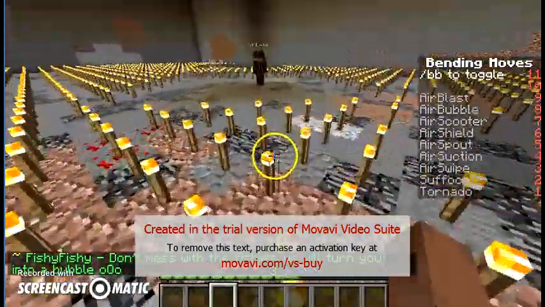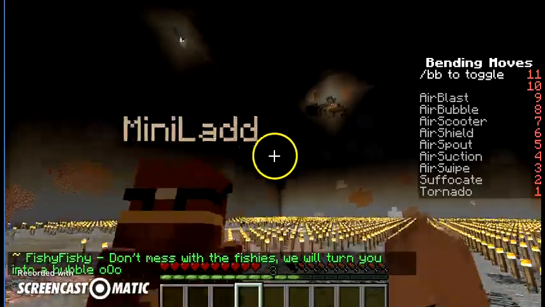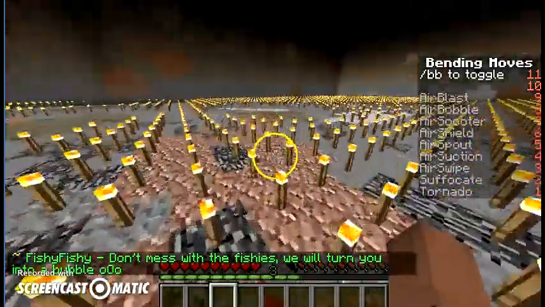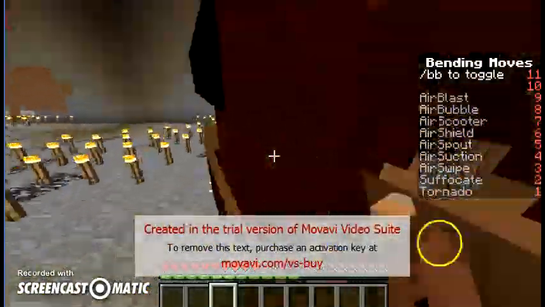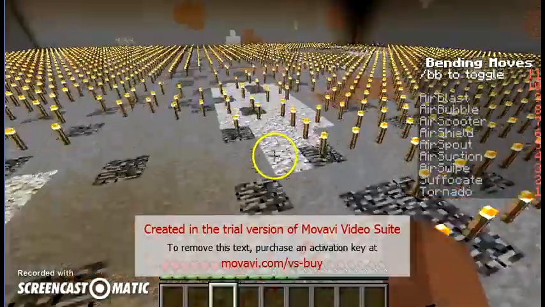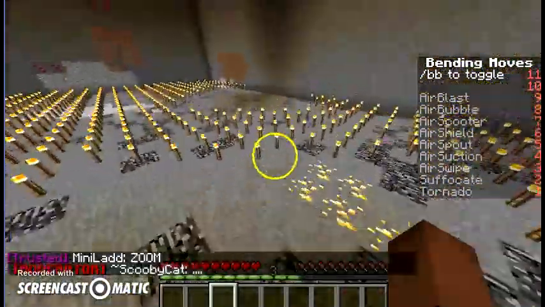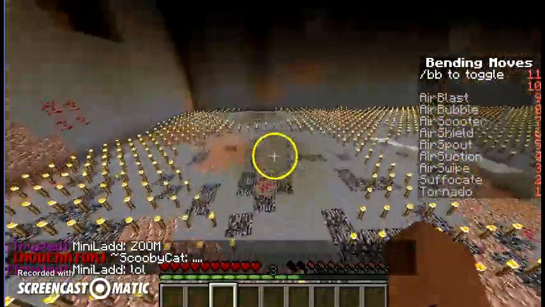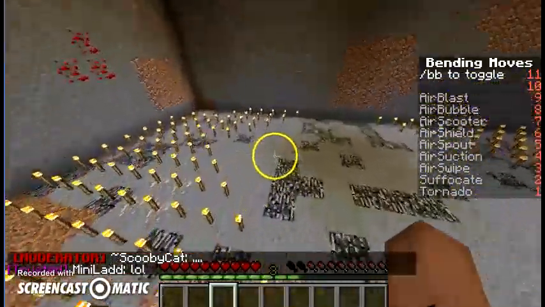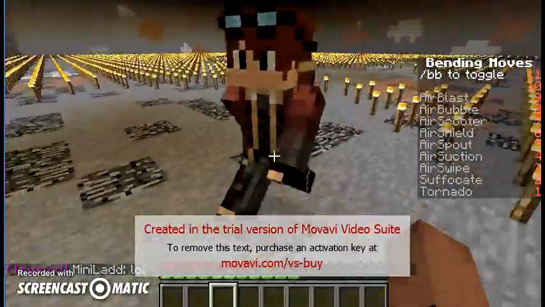The next move I'm going to show you is Air Scooter. You may think that while moving around naturally is pretty fast and much faster than the average player, Air Scooter is even faster. It's not as easy to use, but however, it does make a huge difference. Like if you're traveling on top of oceans, on top of rivers, on top of plains,